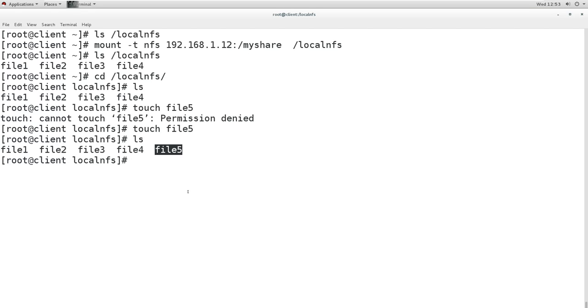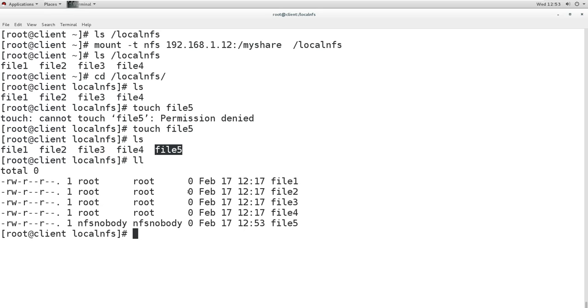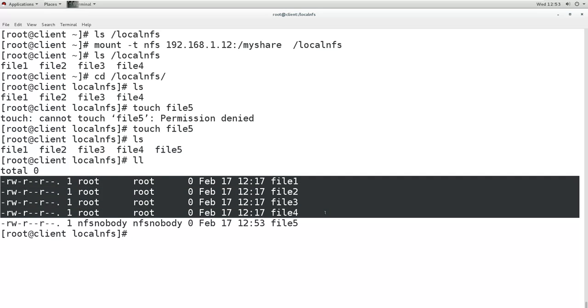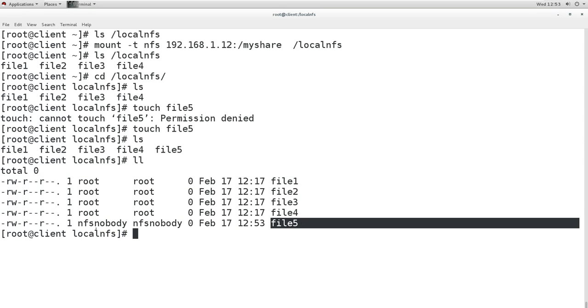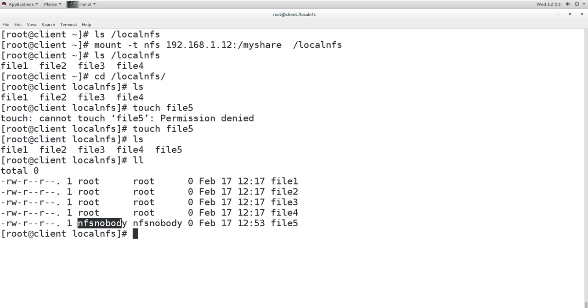And if you check in detail, you will see that these files were created on the server by the root user of that server. But the file which I created from here, from this machine's root user, says that it is created by nfsnobody.